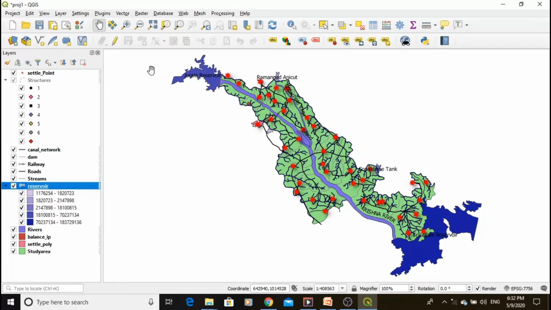Okay, now we will see the next feature of GIS, or you can say QGIS, which is about how we can calculate the area or